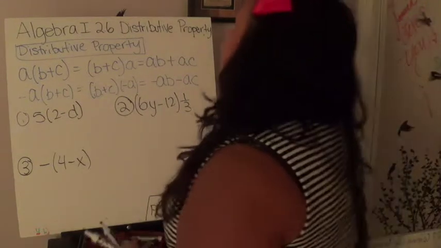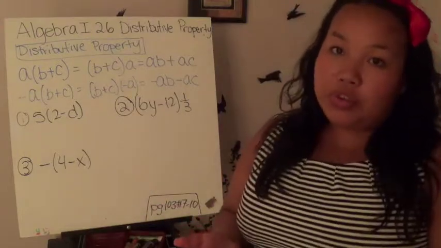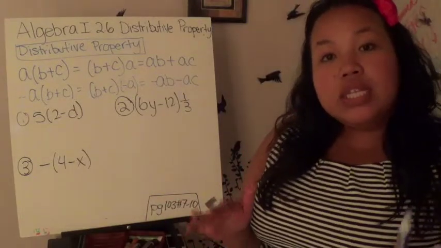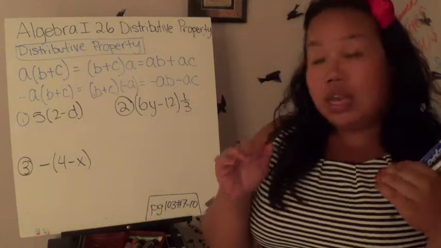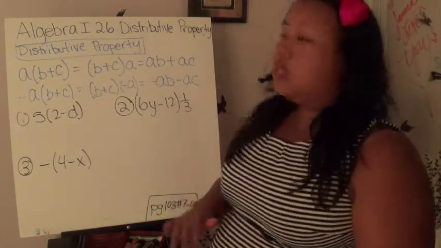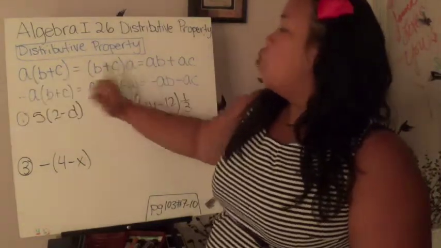Algebra 1, Section 2.6, we're dealing with the distributive property. This is an important property for you to understand, and it basically deals with multiplying things with parentheses, okay? So things on the outside of parentheses. So if I have a number on the outside of the parentheses, it really doesn't matter which side they're at,